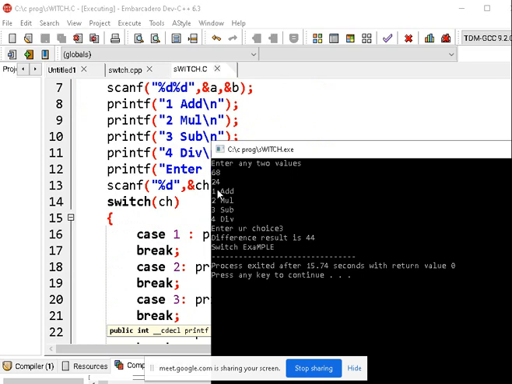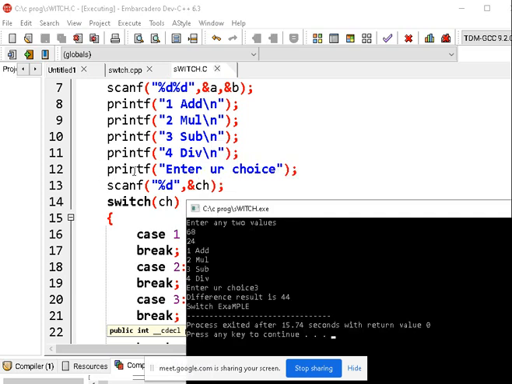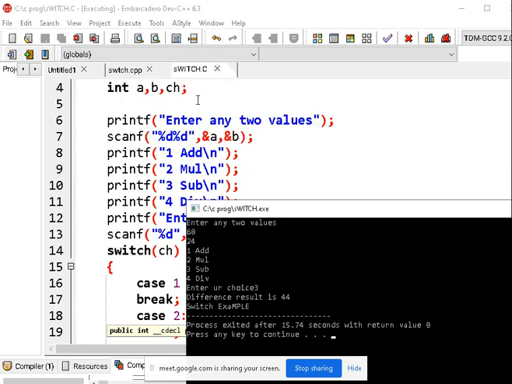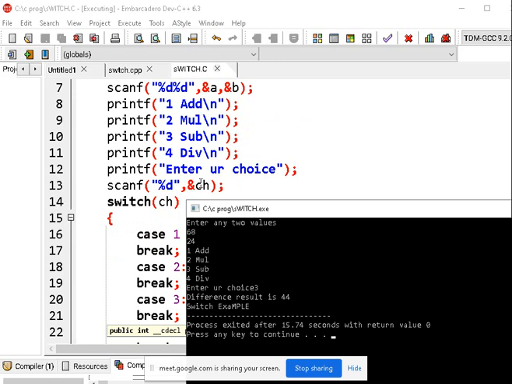Now to get this menu, here I have written all printf statements. So now for printing, we only need printf statements, right? So I am printing all 4. After these 4, the last printf should be "Enter your choice". So I have written "Enter your choice". Whatever choice I entered should be stored in the ch variable, which is declared as per my requirement. So I am putting it in ch.